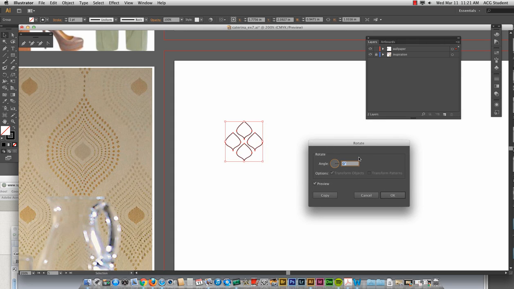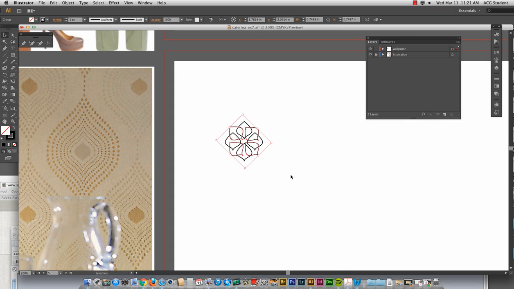I'm going to rotate 45 degrees and hit Copy. And all of a sudden, I made one shape, and I've got something that would look very beautiful in an upscale design, once you start to add the colors to it and change the scale. This would not look great if it were gigantic.